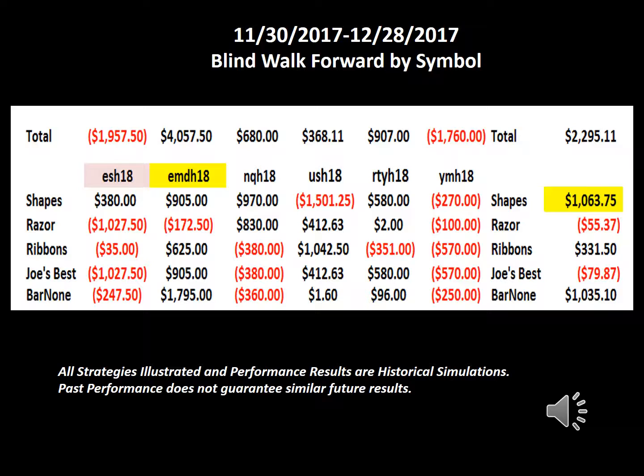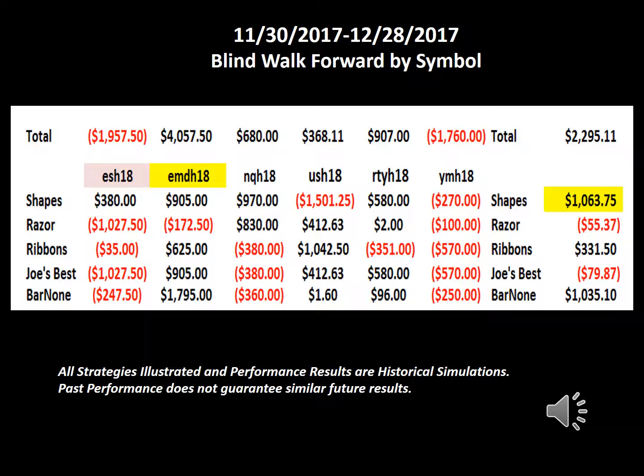Now you go to the mid cap. That's the second one over, and it's yellow. It's the best. It made money in 4 out of the 5 instances. It made $4,000 if you would have traded one contract to each of the 5 instances. So that was the star of the group. The total trading everything all together made $2,295